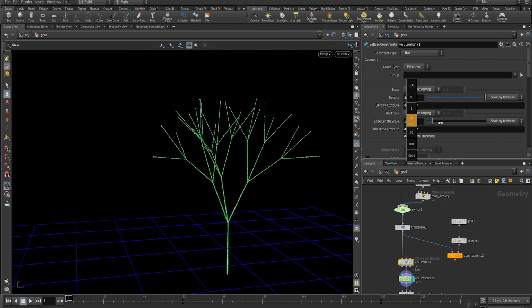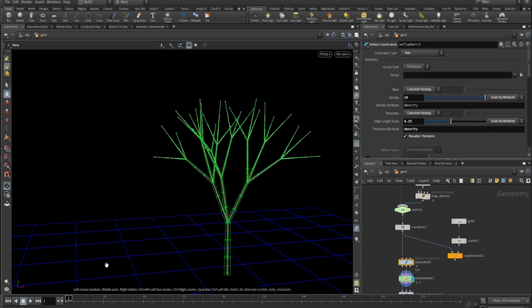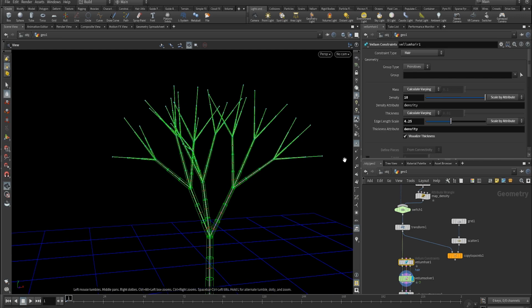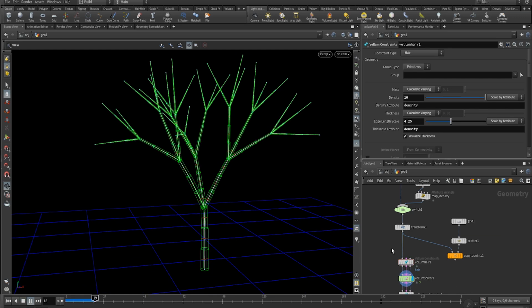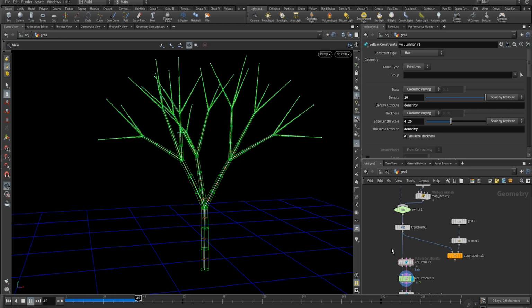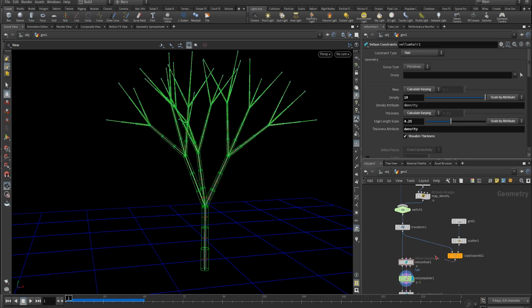As we scale it up, you can actually see we've got this nice thick trunk here, and the branches are very narrow. And it's going to look pretty much the same because there's not too many collisions going on. But if we do things like make a forest out of this